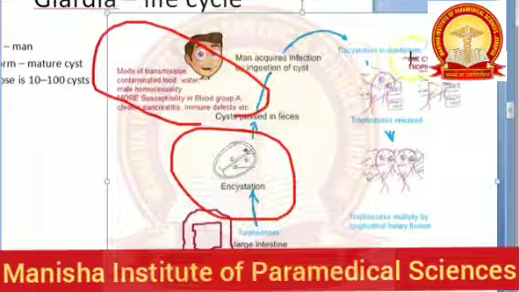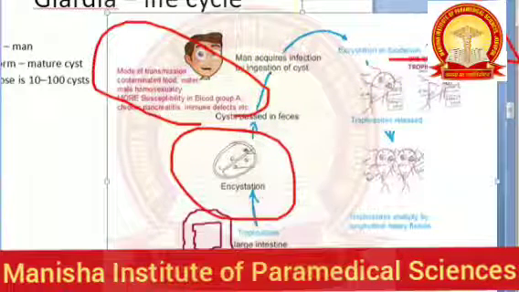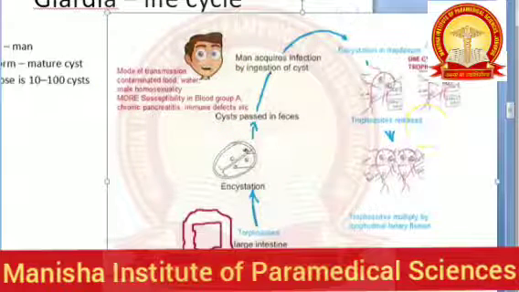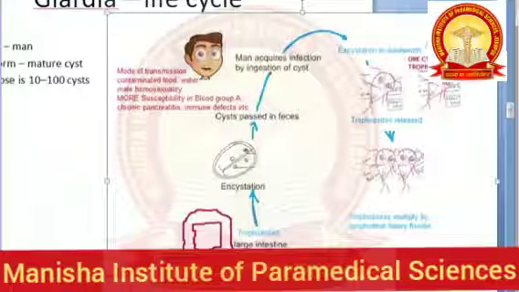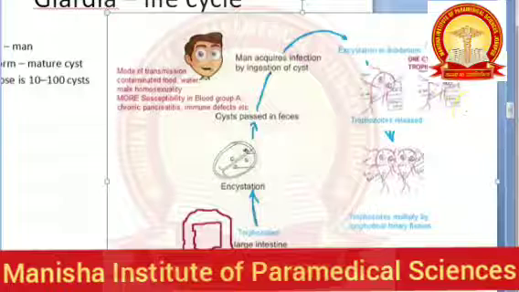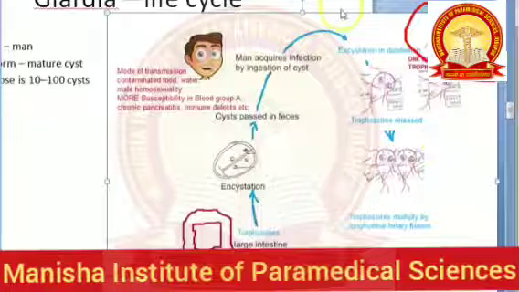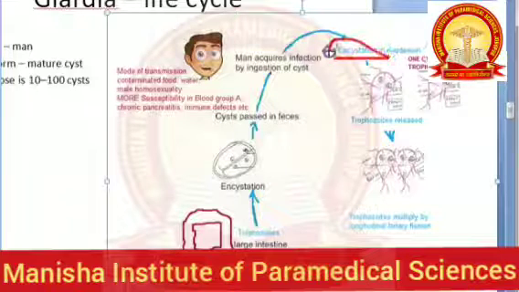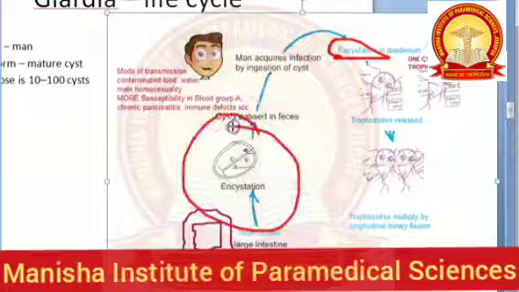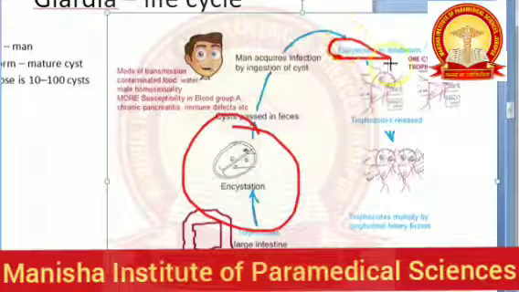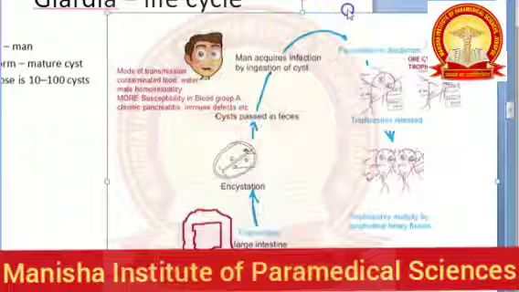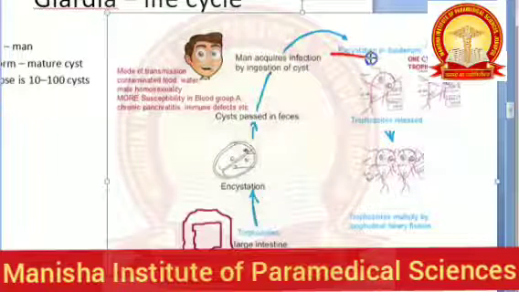Now it will go where? It will go to his small intestine, correct? So now the whole point is it has to go to the small intestine. Now in the small intestine, what happens? This is the small intestine. You can see that there is excystation, the cyst is coming out of the shell, the cyst shell. It is coming out of it, and